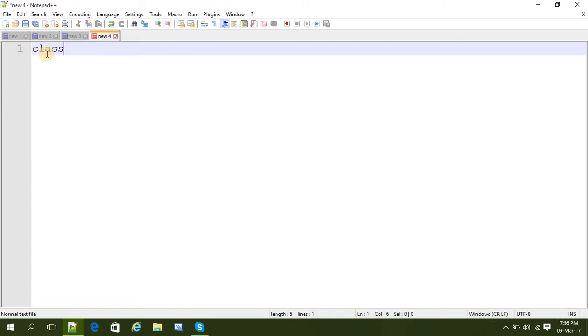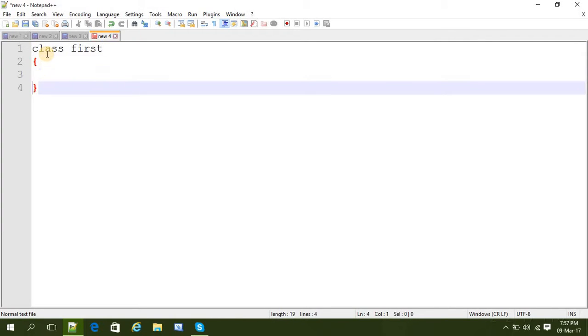Remember that everything in Java is going to be in classes. We can't write functions like in C, where we write functions anywhere we want, before the main, after the main function. But in Java everything should be in classes. They can't be in empty places here and there. So our first class name is, let's say, First,